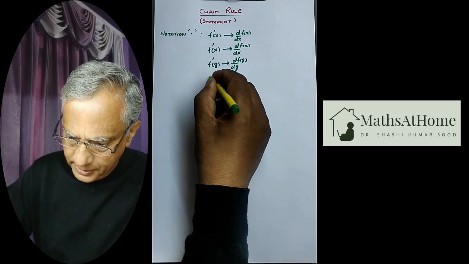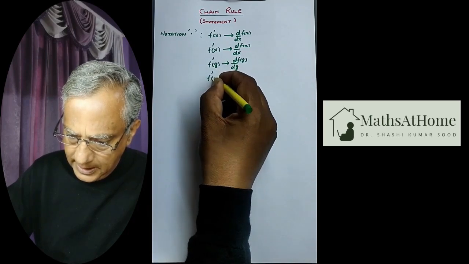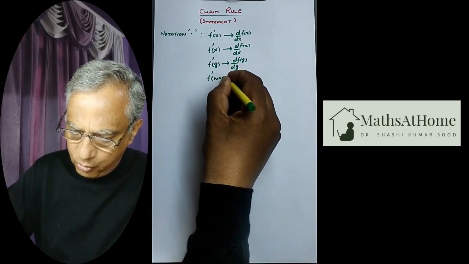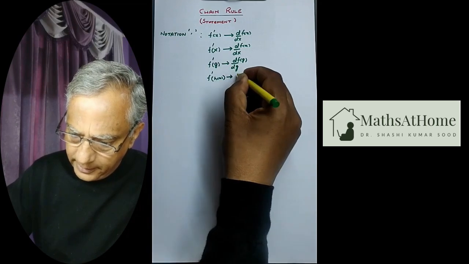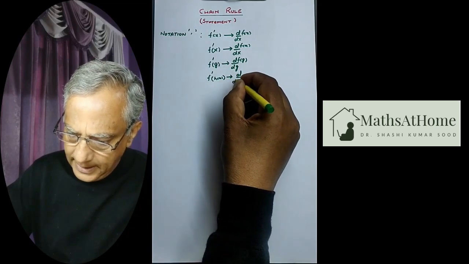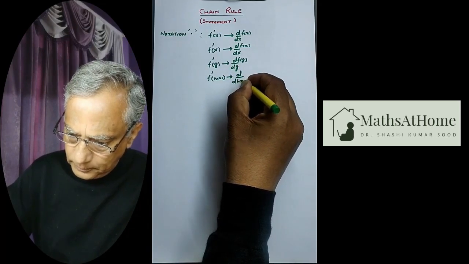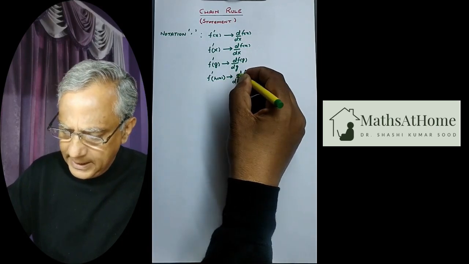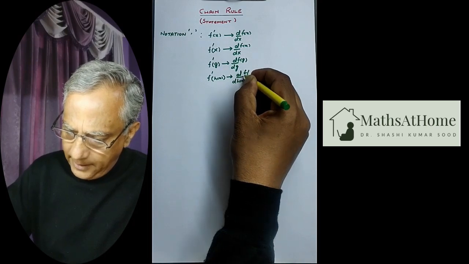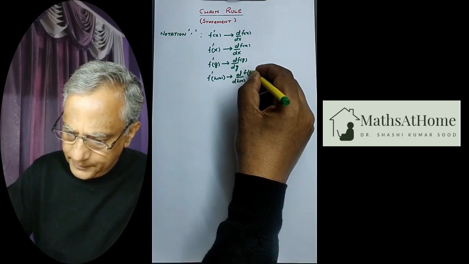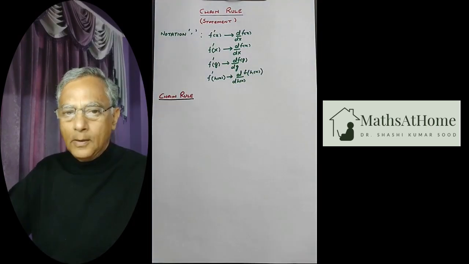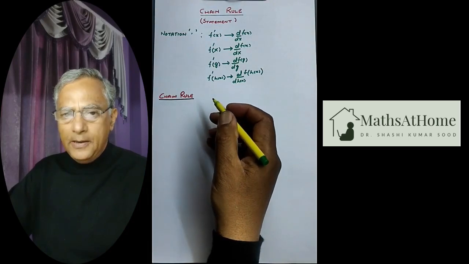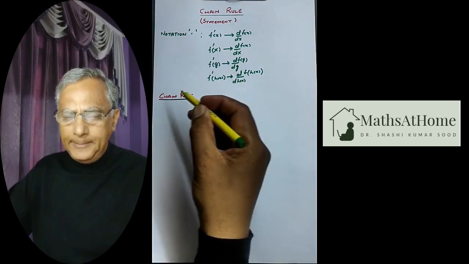F dash h x will stand for d by d of h x of f h x. Now using this notation, we can state the chain rule as